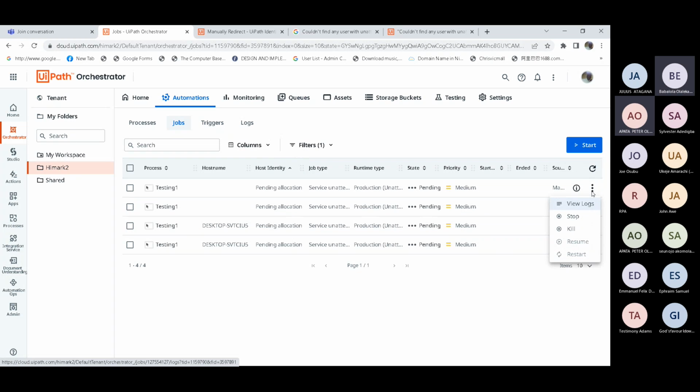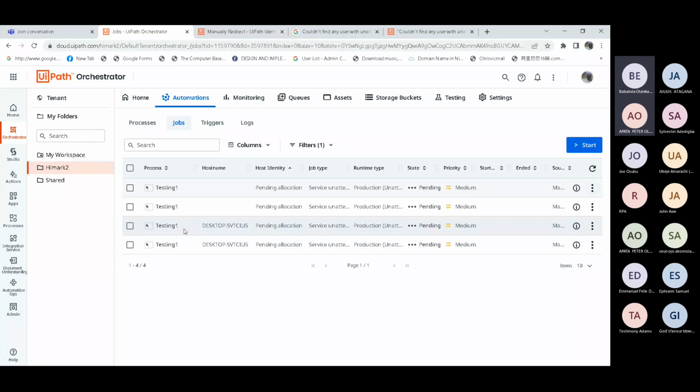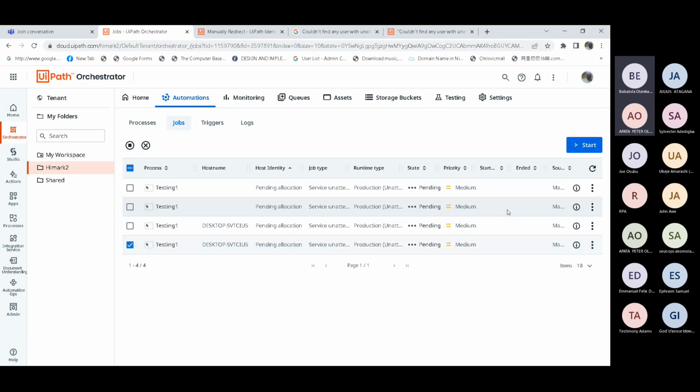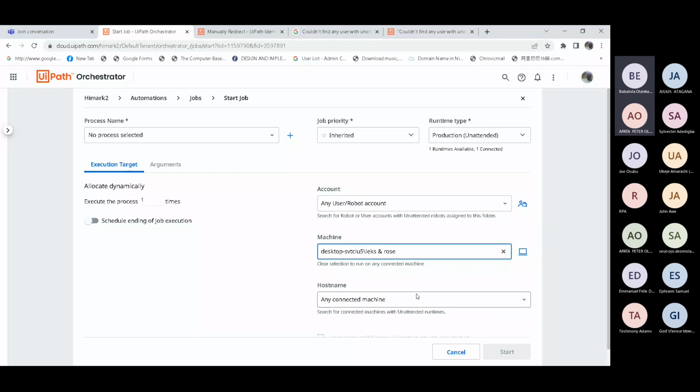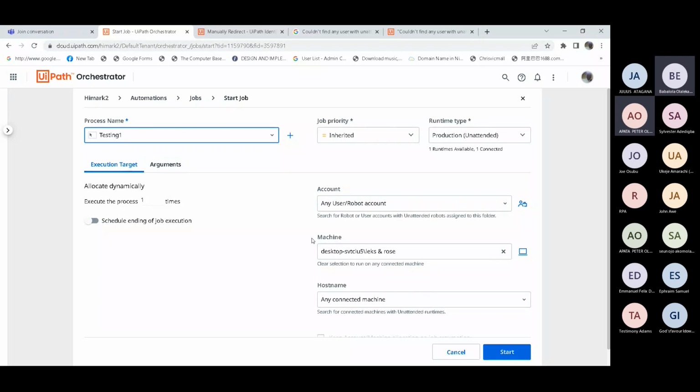Just click on it, the last one, the one down. We are still doing the same process again. Your process name, you didn't select the process name.